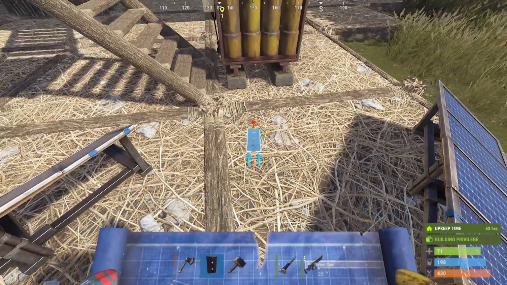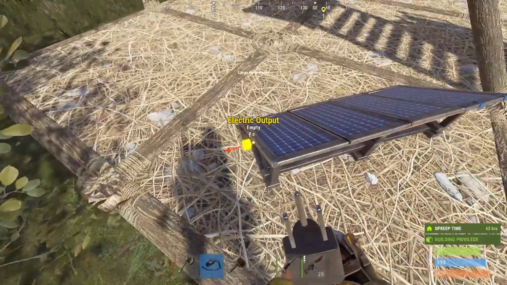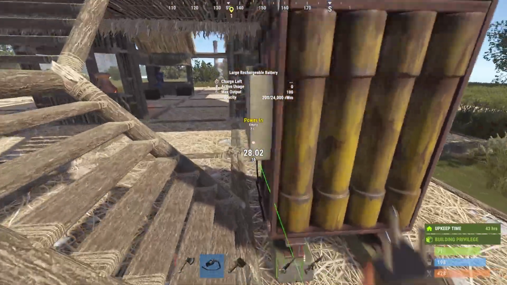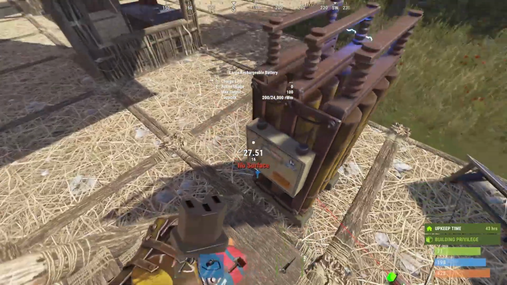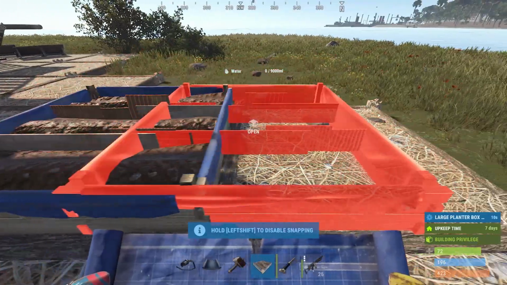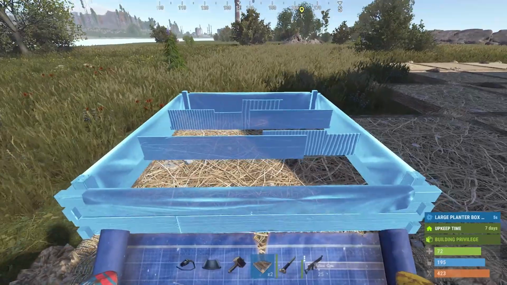Now that I have the TC down, I can work on setting up power, or at least getting an idea how I was going to run it. I know when I picked everything from my old base that I grabbed a few batteries, but on the way here I was able to grab a large battery just in a random crate, so of course I'm going to use that. I set down the battery along with 2 solar panels and wired it up to let it charge,